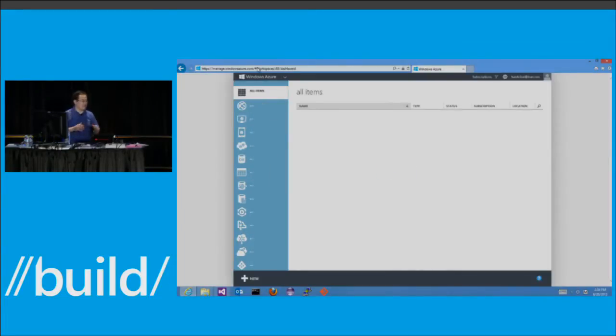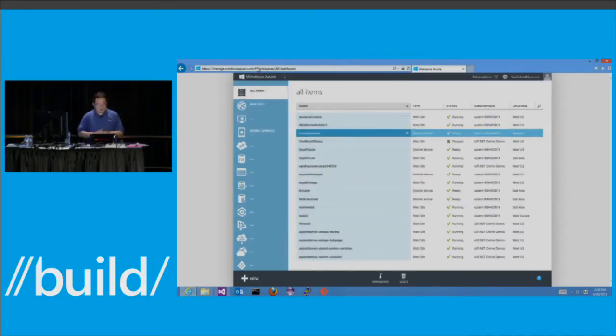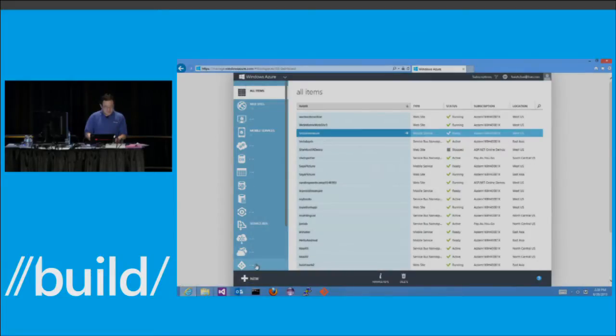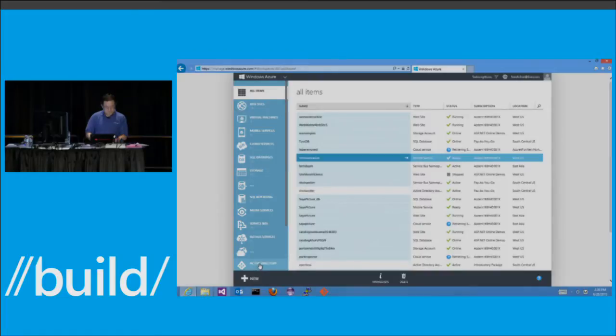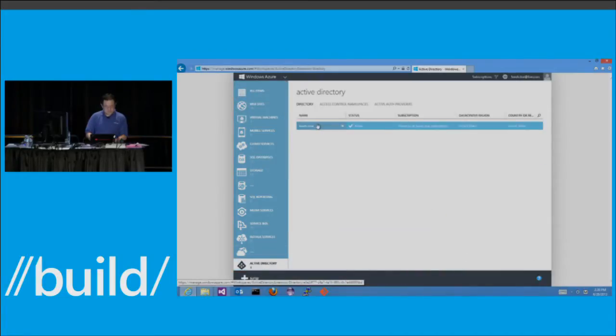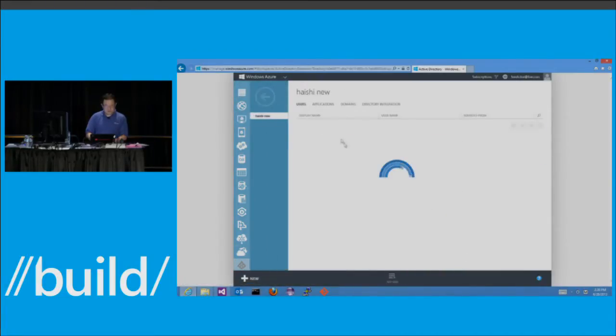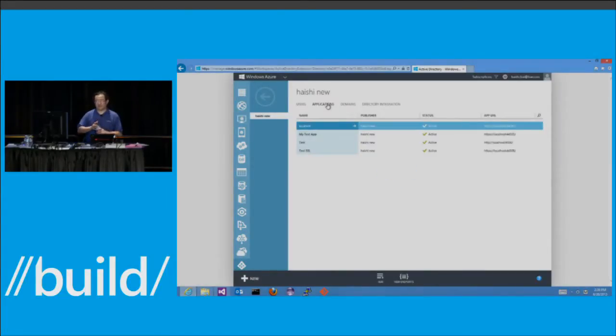But here I'm just showing you a little more steps on purpose, so you can see how these configuration relationships are established. So on the Active Directory side, I can open up my tenant. And you can see here's a list of my applications I already configured that my tenant will trust.